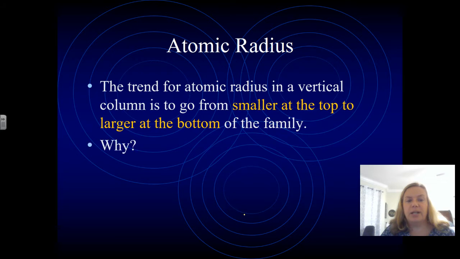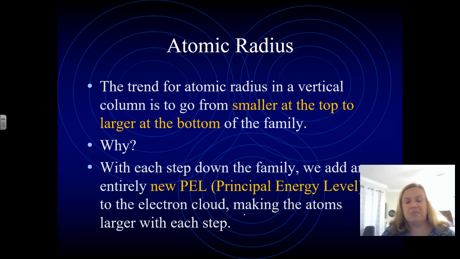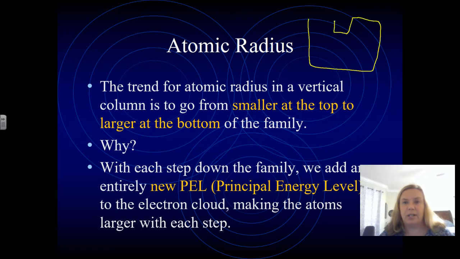Okay, now the atomic radius trend. The trend for the atomic radius in a vertical column is to go from smaller at the top to larger at the bottom of the family. So this really is pretty easy to comprehend. And so basically, if you're looking at your periodic table, and here's just an outline of a basic periodic table, what this says is, hey, as we go down the